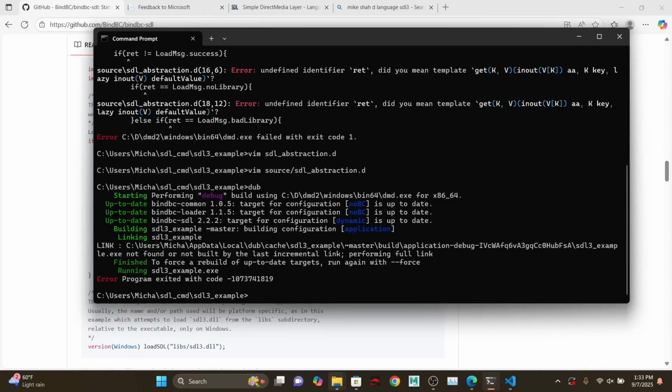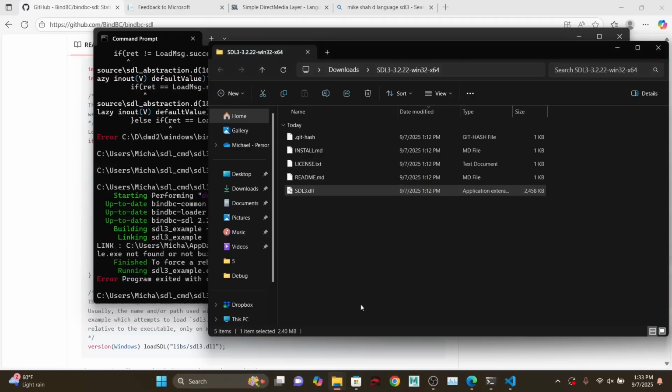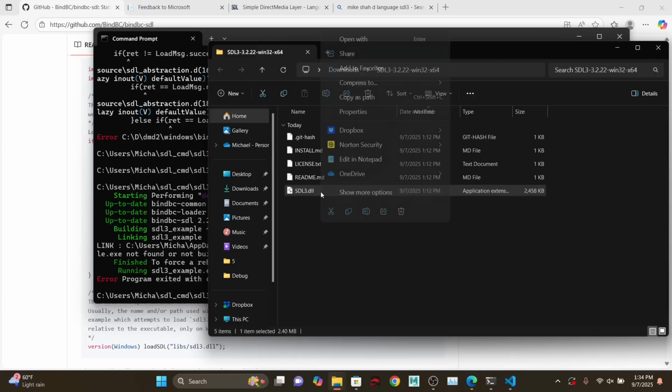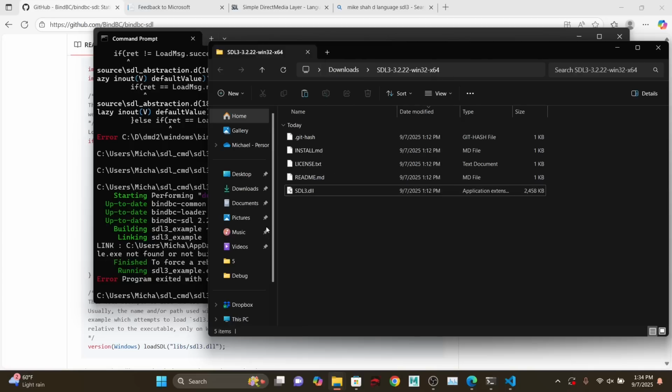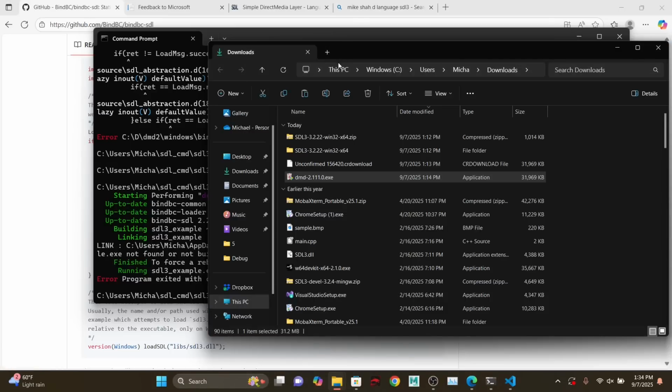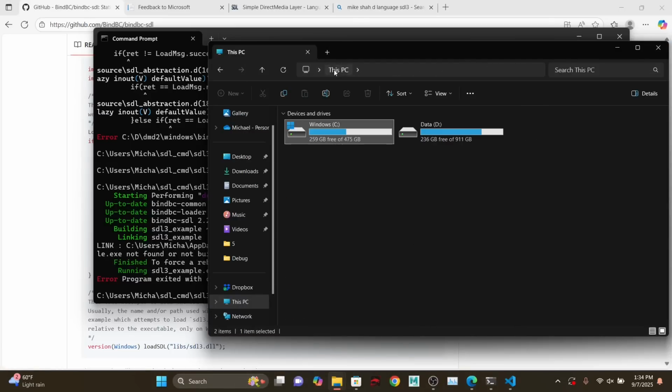But what didn't we do? Well, hopefully you have that SDL folder somewhere. SDL, capital SDL3.dll. Let's copy this. Let's see if I can find the icon here. They're always moving. There it is, copy, just so you can see me copy it. And now the challenge on Windows, can I find that folder? I guess I gotta go to This PC,